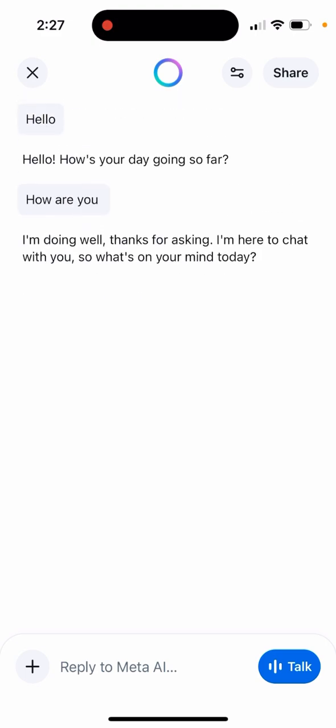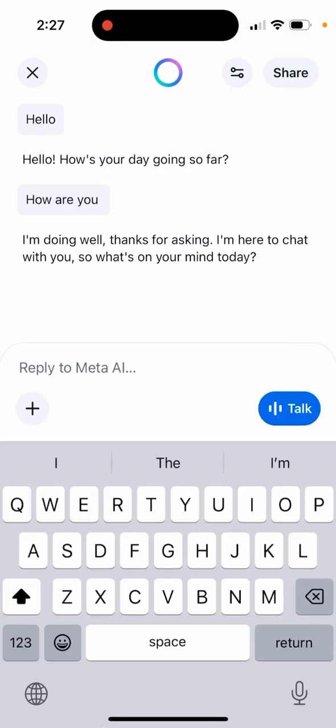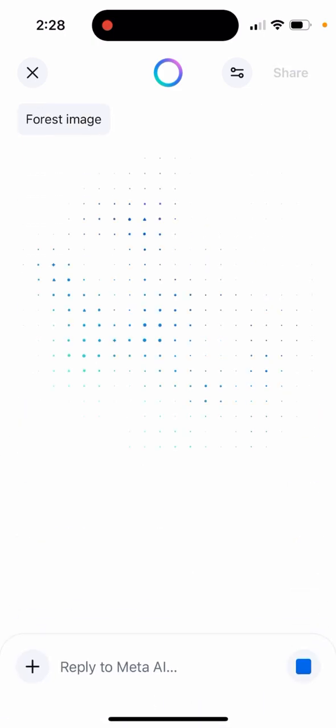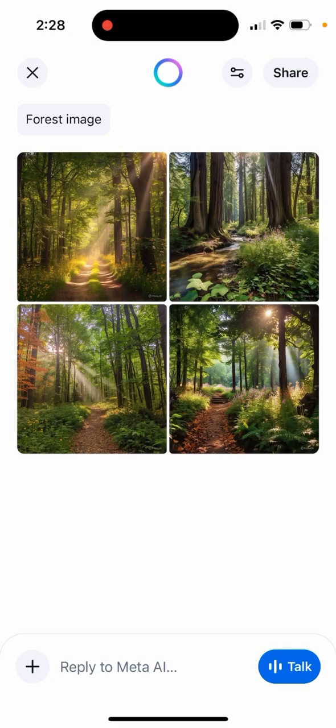What's the difference? The main difference between ChatGPT and Meta AI is that you can create, for example, an image, or a text, or a voice message, and then you can just tap share, and that's how you post this image. So you can select post, and it will be posted publicly